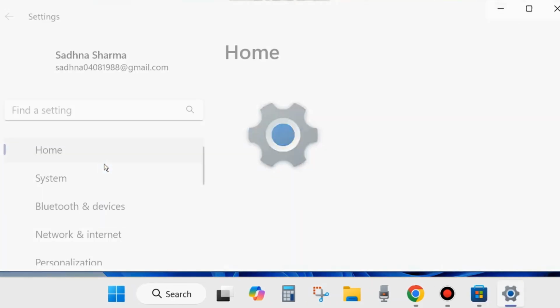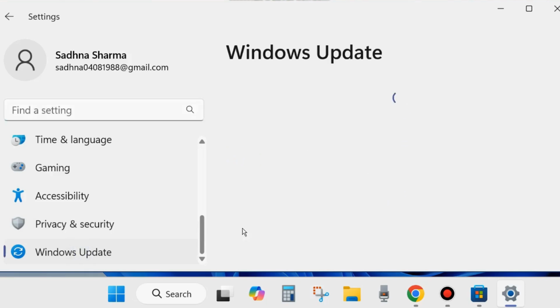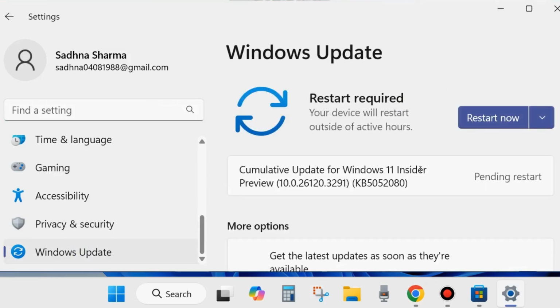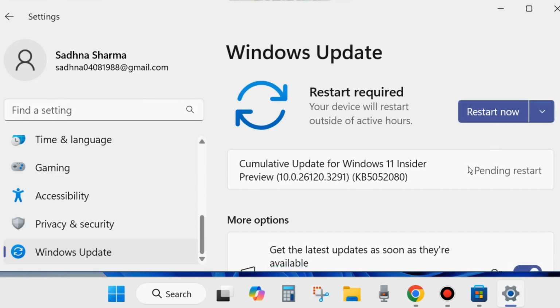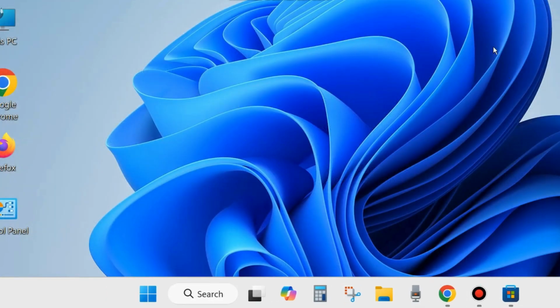After that, the next one is: go to the settings page again, and from the left side go to Windows Update and click on check for updates, and if any updates are available, simply download and install them on your system. Sometimes an outdated operating system may be a cause of various types of Microsoft